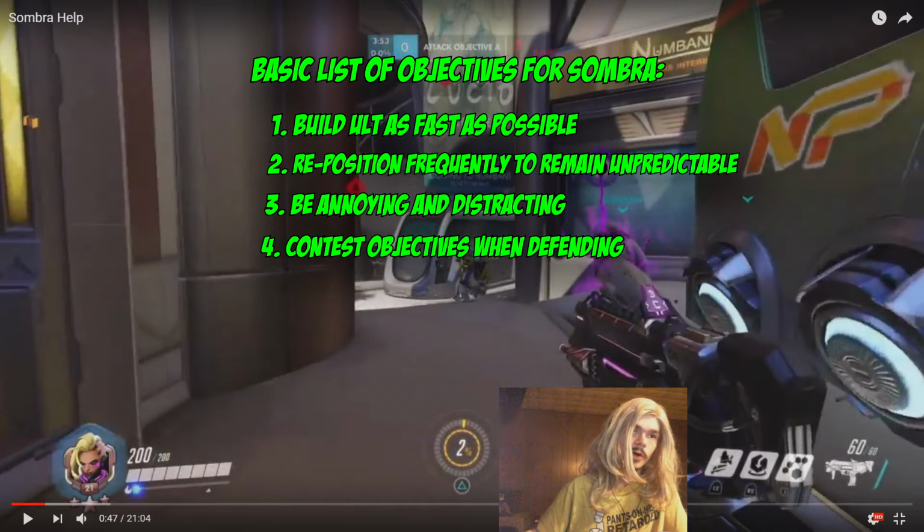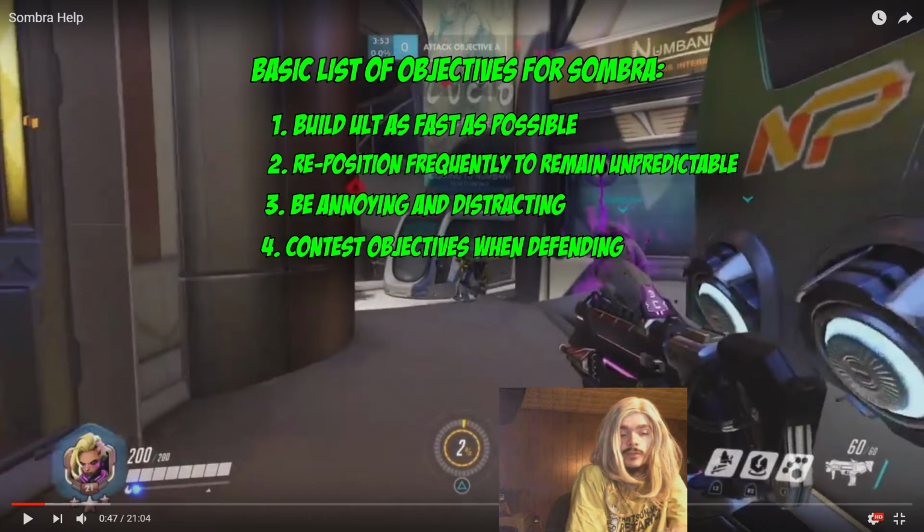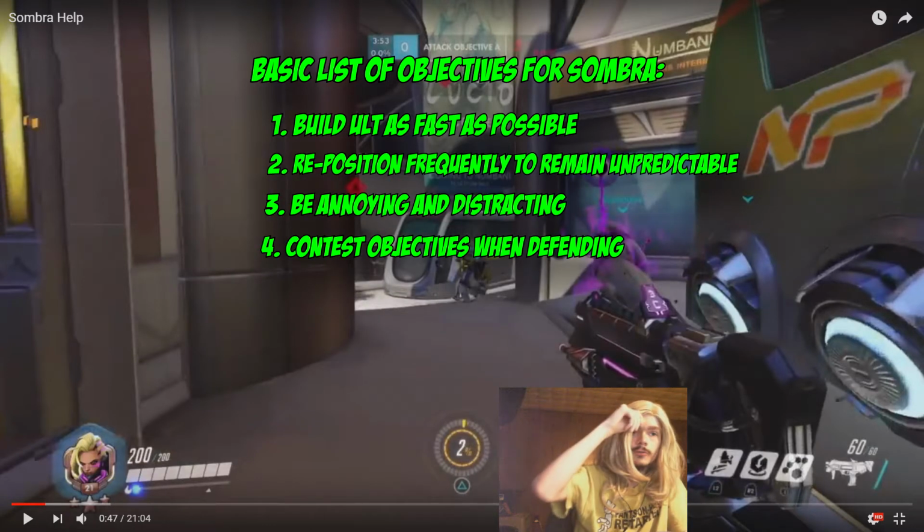'Cause suppose you're on a payload map, like Numbani. You can stall out the payload for a surprisingly large amount of time over the entire course of the game, because you have stealth. So you can do something like hack the large health kit in the ditch in the first point of Numbani, put your translocator on it, stealth up to the payload, hang around it for a little while,